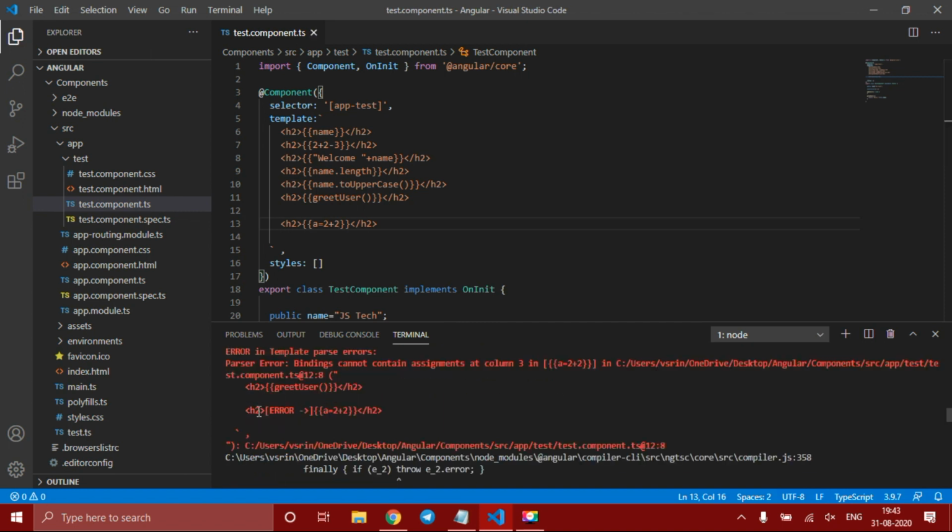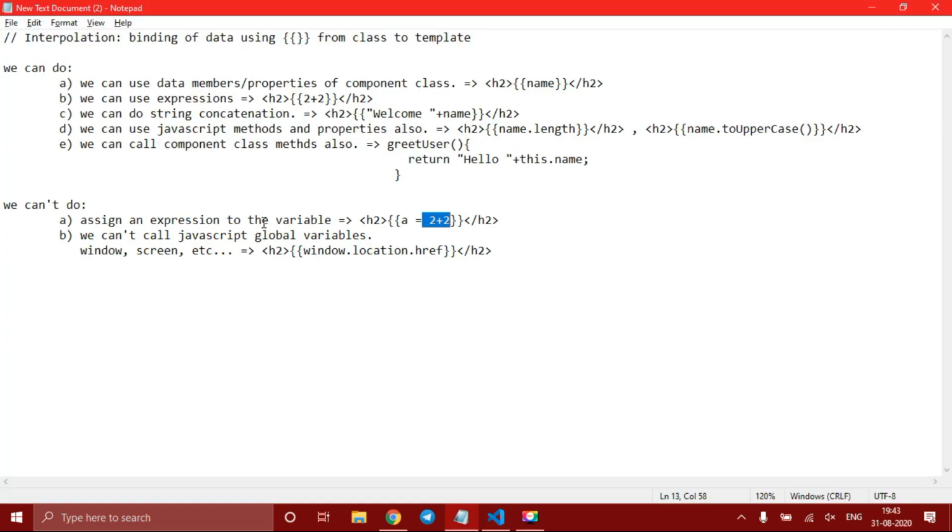We can see that we have got an error, so we can't assign expressions to a value using interpolation. Assigning an expression to a variable, we can't do that using interpolation.